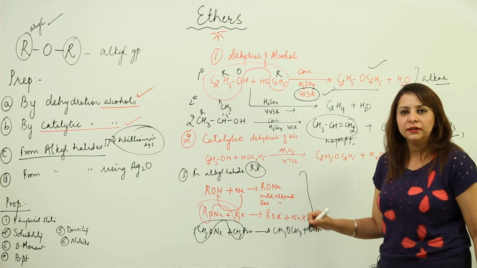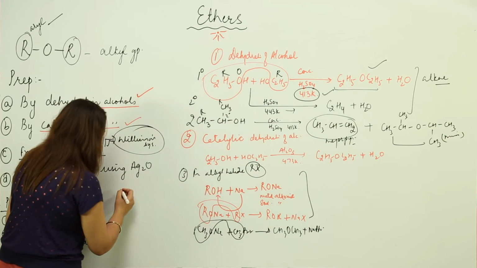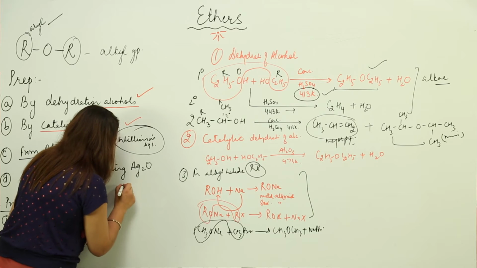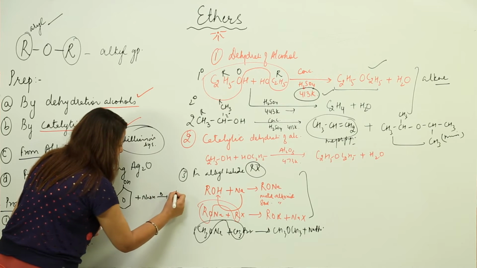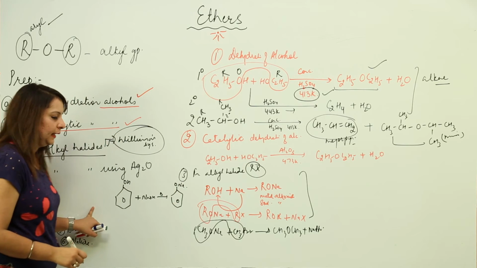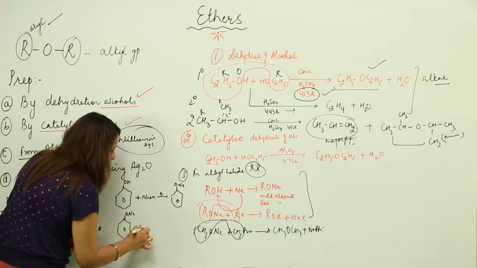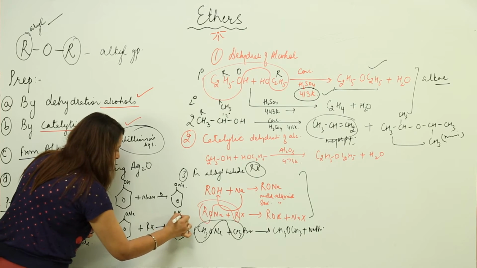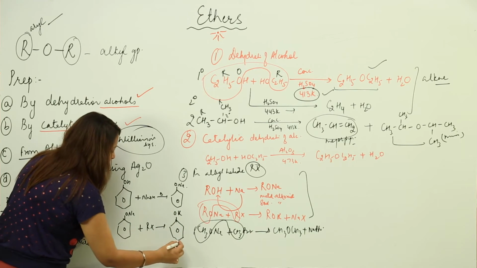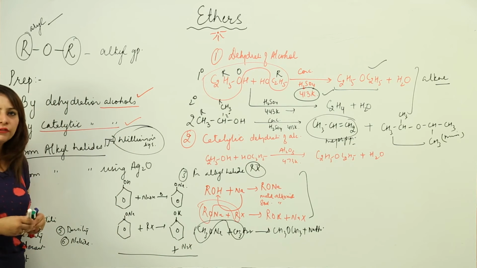We can also prepare alkyl aryl ether from this process. Let's take an example. Suppose this is my phenol. First I am going to prepare a phenoxide ion, so I react with sodium hydroxide and heat. Na replaces H, and we get a sodium phenoxide ion. Now this sodium phenoxide ion further reacts with RX, and as a result we get the same thing, but the difference is that here we have the aromatic compound, otherwise everything remains the same. So this is again called Williamson's synthesis.